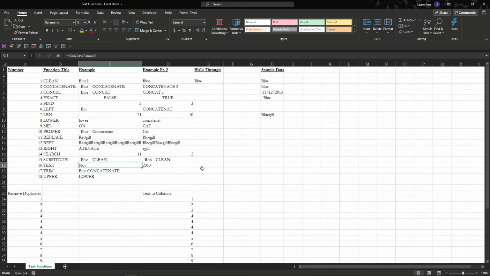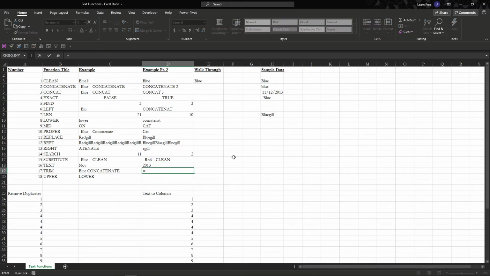TEXT. This one right here, one of my favorites. If we're going to look at a date, for example, let's say we want November out of this. We just want to know there's 40 dates here, and then there's another 200 throughout the year, different months. But we want something that's text, so we need the month name instead of having an 11 because we just prefer that or we need it. It doesn't really matter. But we'll do TEXT,